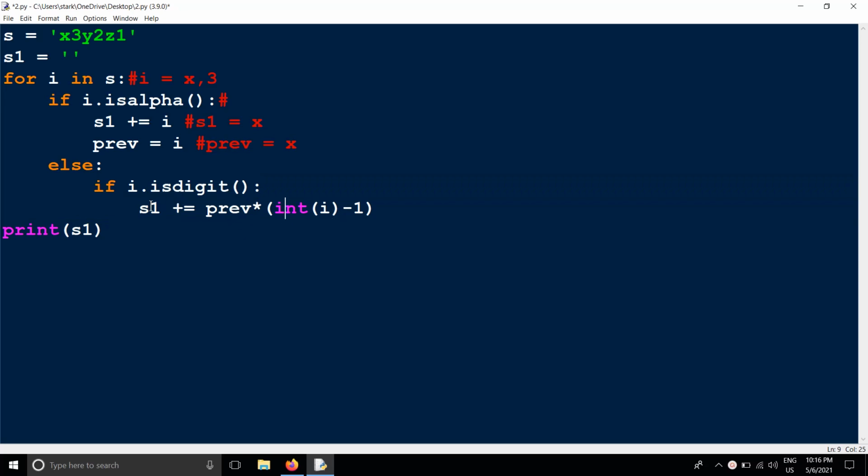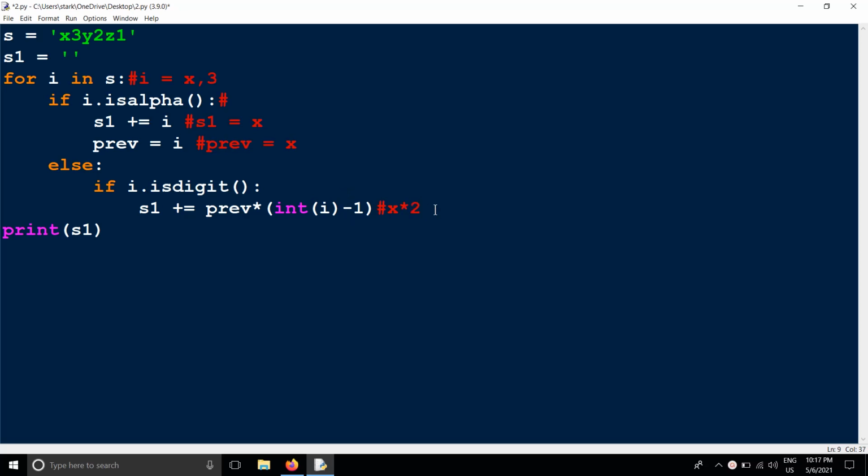We are having s1 is equal to s1 plus previous, which is x, into int of i. So int of 3, we are converting string to integer type. 3 minus 1 is 2, x into 2, right?